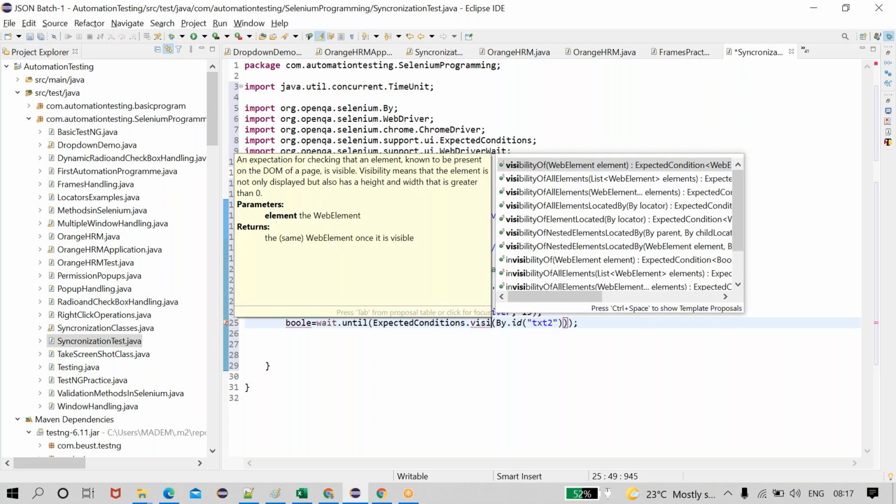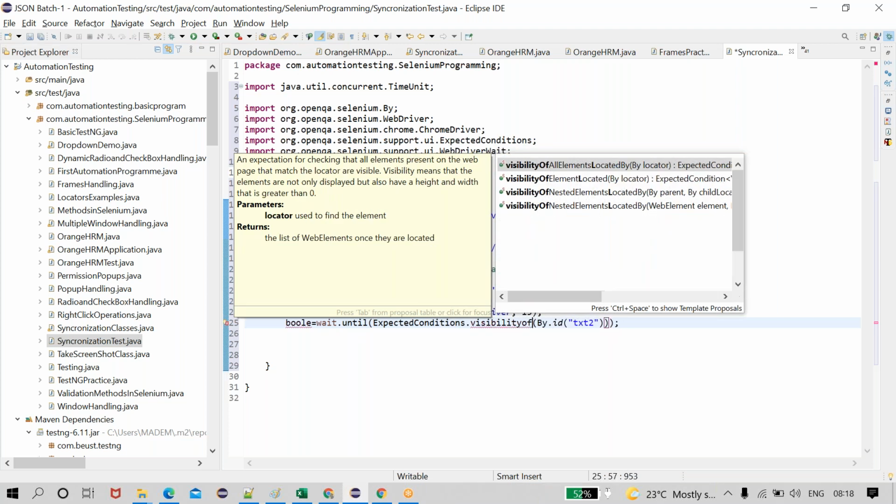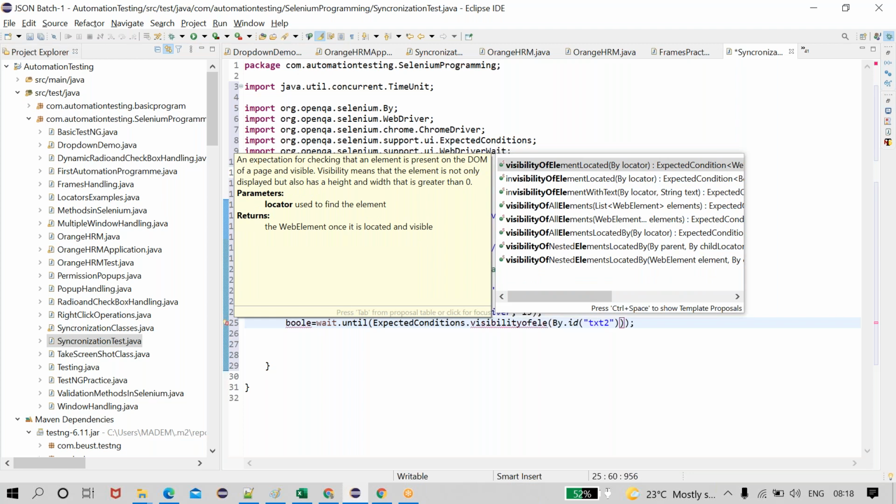Invisibility means it will change the condition. visibilityOfElementLocated by.